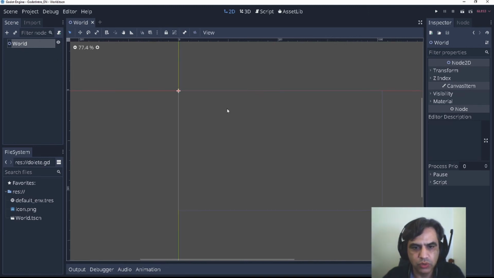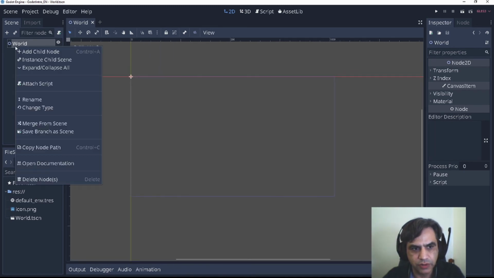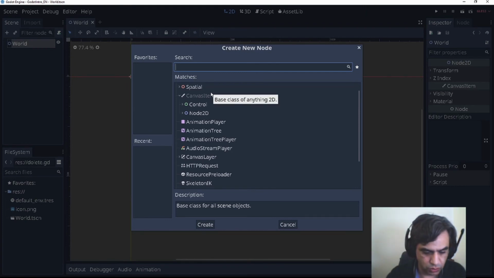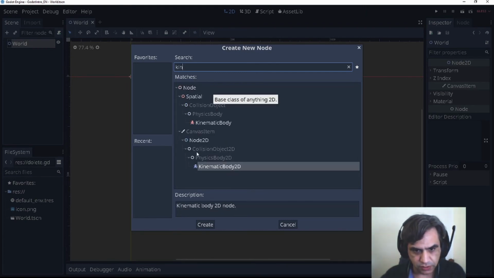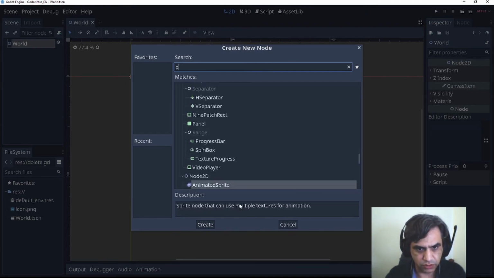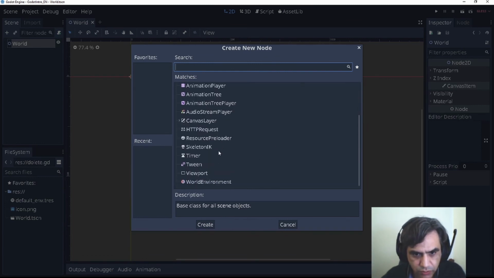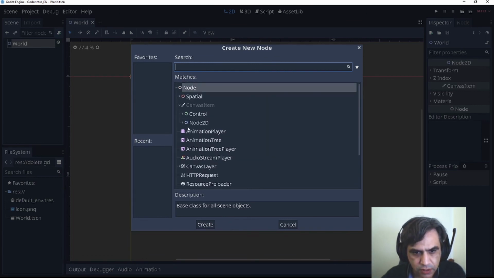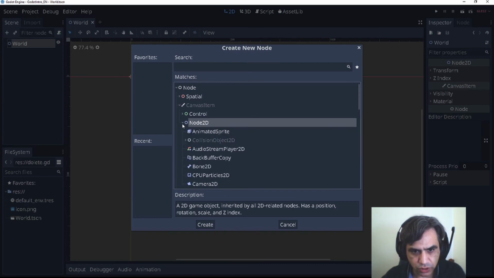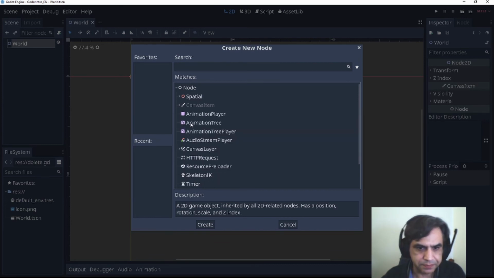So we are going to talk a little bit about the objects that we can have. We have three types of objects, main objects for your world. So we are going to add a child, and we are going to talk about this first. So actually, I prefer to show this. We are going to work on 2D. So basically, you have